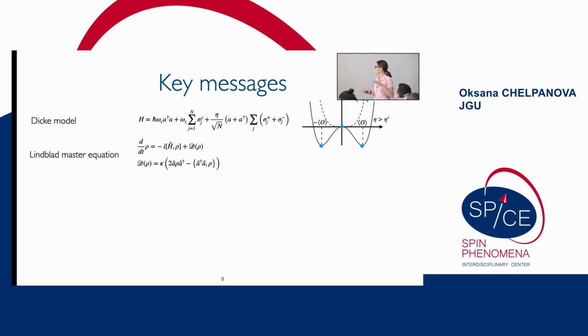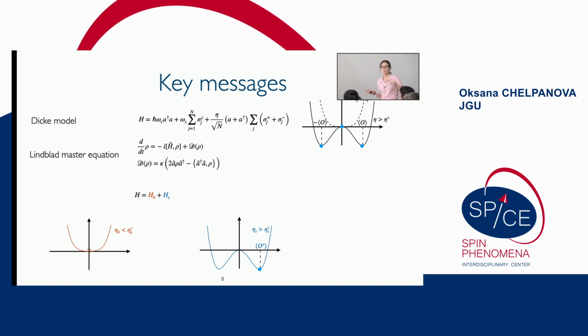And we know that if we perform a quench protocol and we let the system evolve according to this Dicke Lindblad master equation, the system will finally end up in the normal state, or in the superradiant phase state. So finally, the state of the system is stationary. But today we discuss a case when